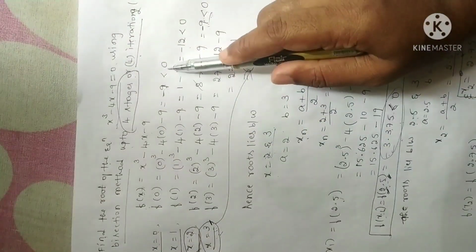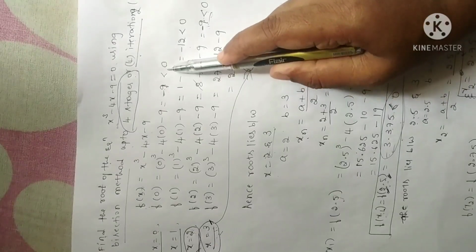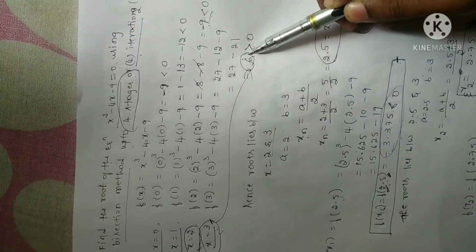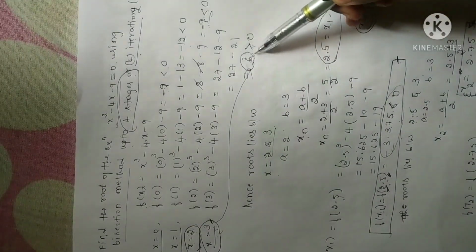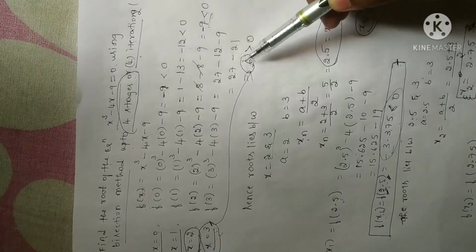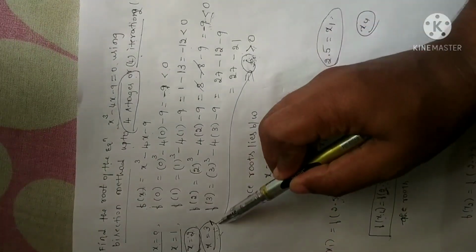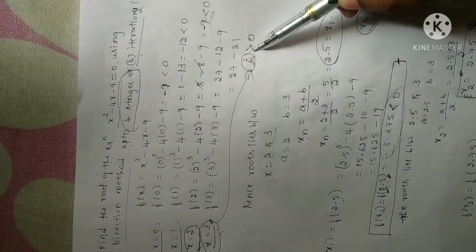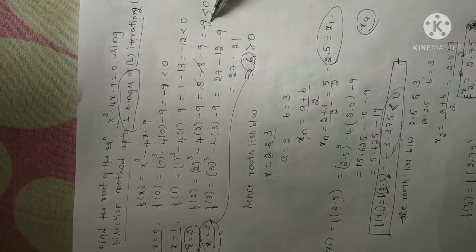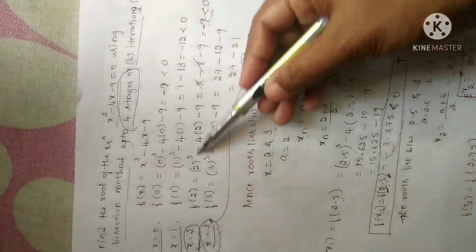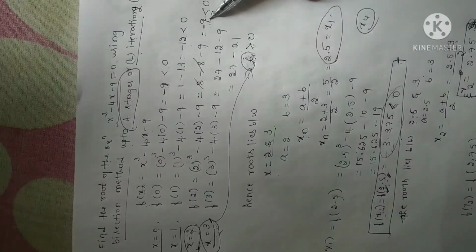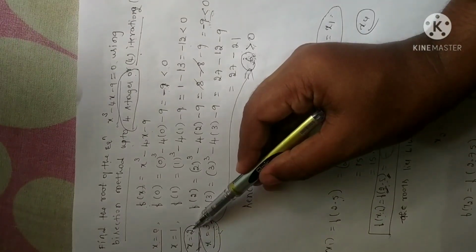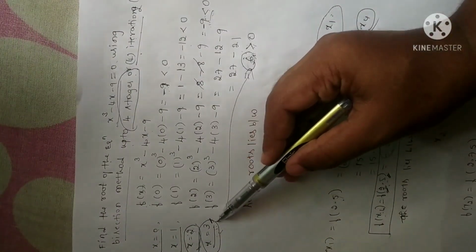So for the first value, I'll get negative, that is less than 0. Now keep on giving the value of x up to which we are going to get positive value, and stop at the step at which you get positive. Since I have given x is equal to 3, I have obtained a positive value. Now look for the previous step where f of x is negative. So f of x is negative when x is equal to 2. So I can write the statement that the root lies between x is equal to 2 and 3.